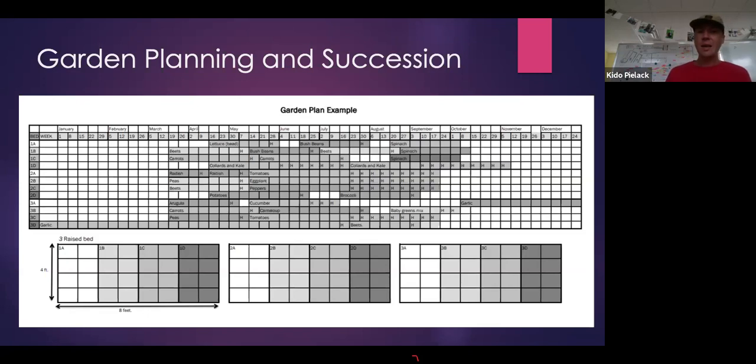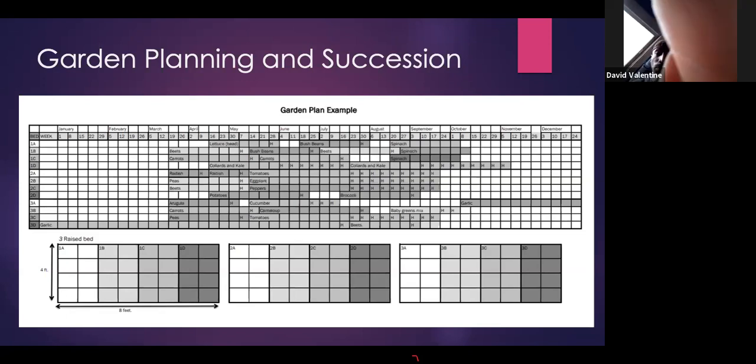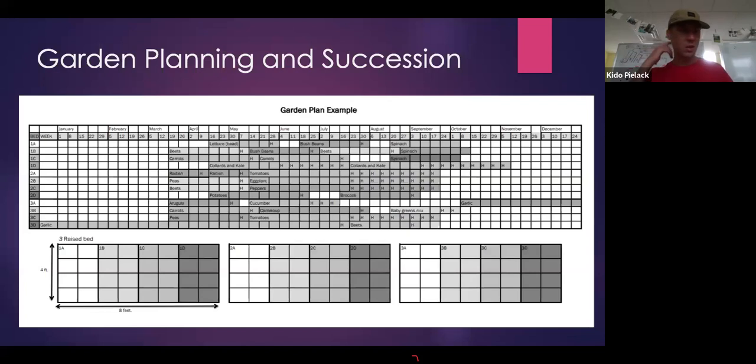So this is that concept of succession. Some people think about gardens in a traditional way. If I think about my grandfather and how he used to do things, on Memorial Day weekend, you plant your whole garden and that's it. You plant once and then that's your garden for the year. And you can do a lot more once you get to know each of these crops and how they lay in, and how you can set up successions and that kind of thing. So